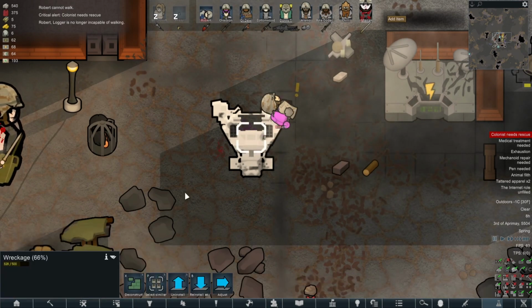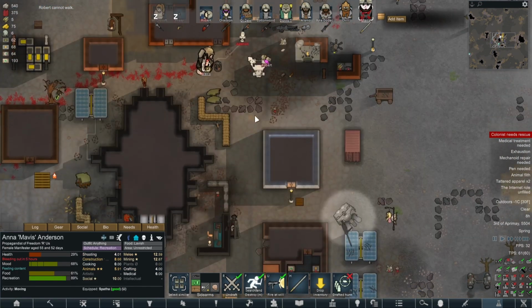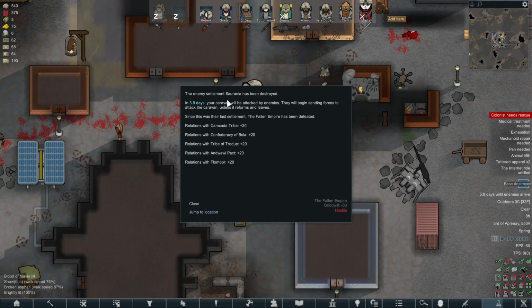His armed mobility platform did get destroyed and he's bleeding out. His arm has been taken off, but you know what? It's not too bad. In the grand scheme of things, it's doing all right. And the base has been destroyed. The enemy settlement of Sarania has been destroyed, and now we've been given plus 20 in relations with all of